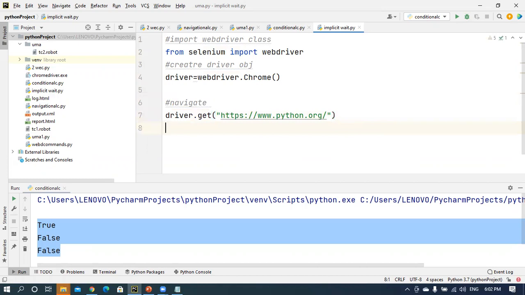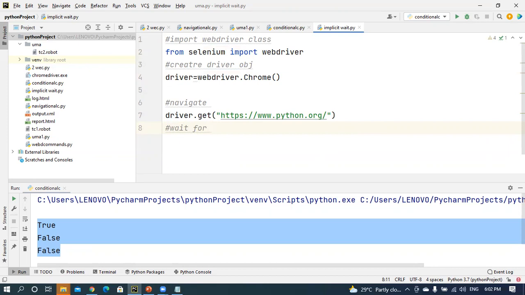Here, after opening the web page, I need to wait for some time. Here I am applying the implicit wait. After opening the page, you have to wait until all elements load.